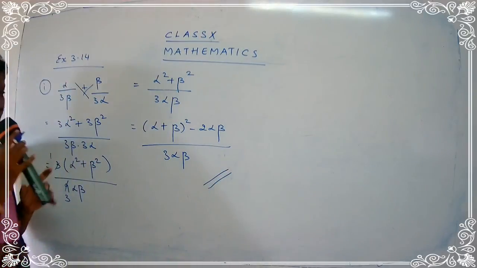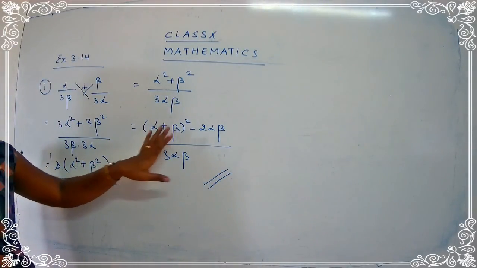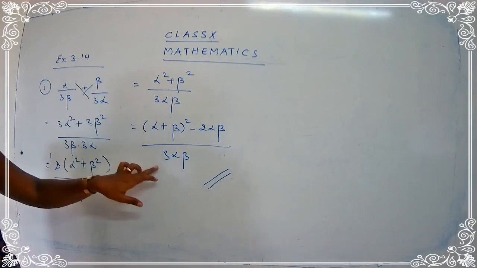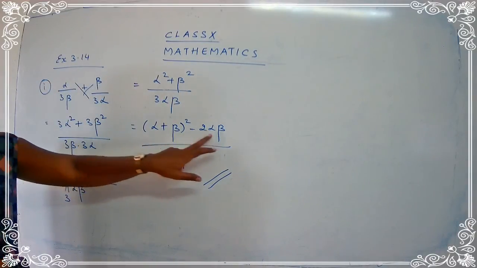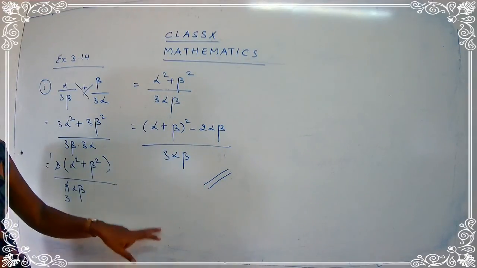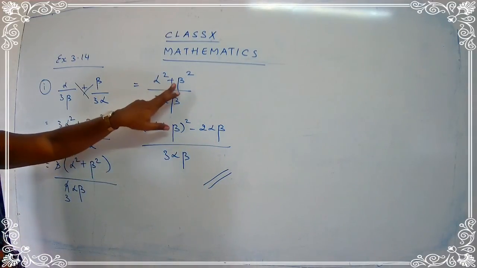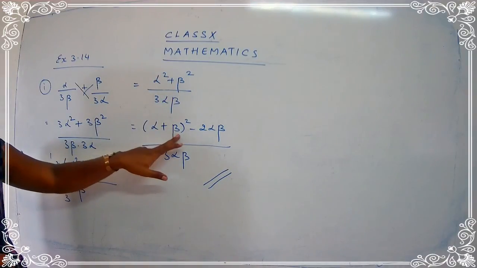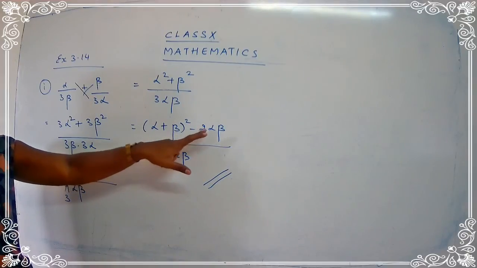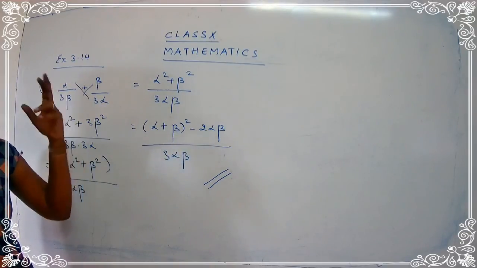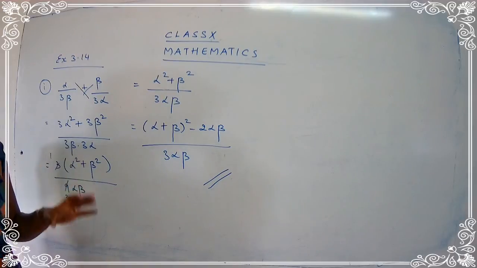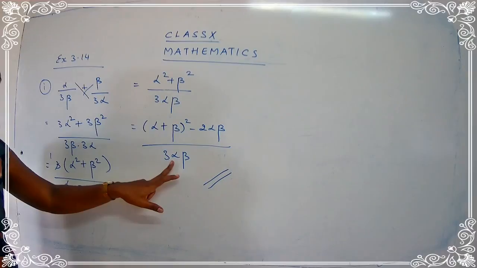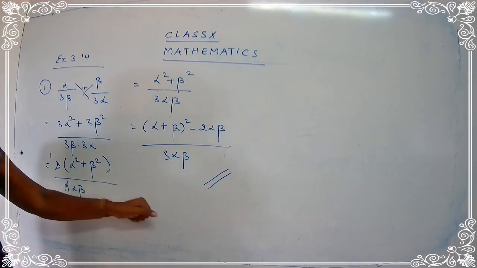So this is the required answer. Just see here. We have alpha plus beta, alpha beta, alpha beta. So we have changed the expression in terms of alpha plus beta and alpha beta. I hope you are clear. You have your alpha square plus beta square, so alpha square plus beta square is taken as alpha plus beta the whole square minus 2 alpha beta. I told you that the formula will be useful for our exercise 3.14. So we have used the formula of alpha square plus beta square. Is the first sum clear children?